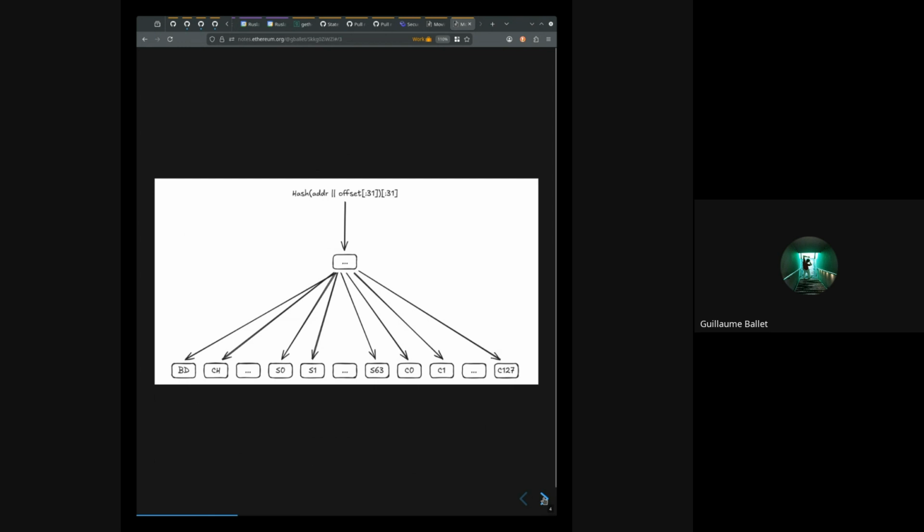So in practice, that means that if you look at what we call the header group, we have the hash of the address plus the first 31 bytes of the offset that we hash, and we take the first 31 bytes, which gives us what we call the extension stem and extension node. I forgot exactly. And then from this node,